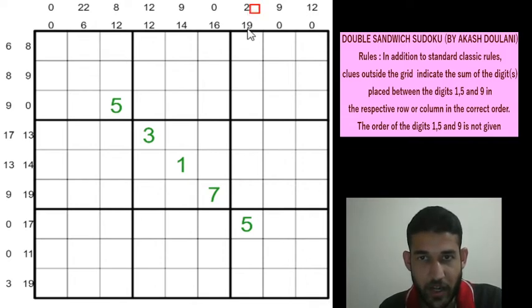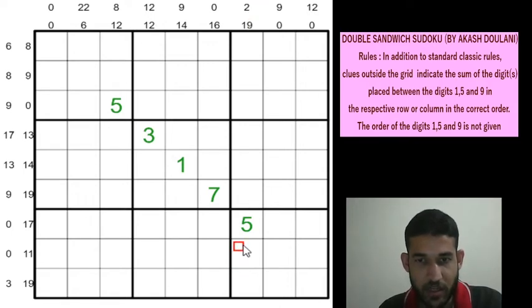So we have a 2 clue and a 19 clue here. And why am I focusing along column 7? Because we have a 5 given there, which is one of the main digits, and there is a big total there, 19. So that means, can we have a 1 or a 9 in these two cells? We cannot obviously have a 1 or a 9 in row 8 column 7, as that would mean we need a 0 clue outside. So this is not a 1 or a 9. And can we have a 1 or a 9 here? That means the 19 total has to be satisfied with one cell, which is again not possible. So there is no 1 and 9.